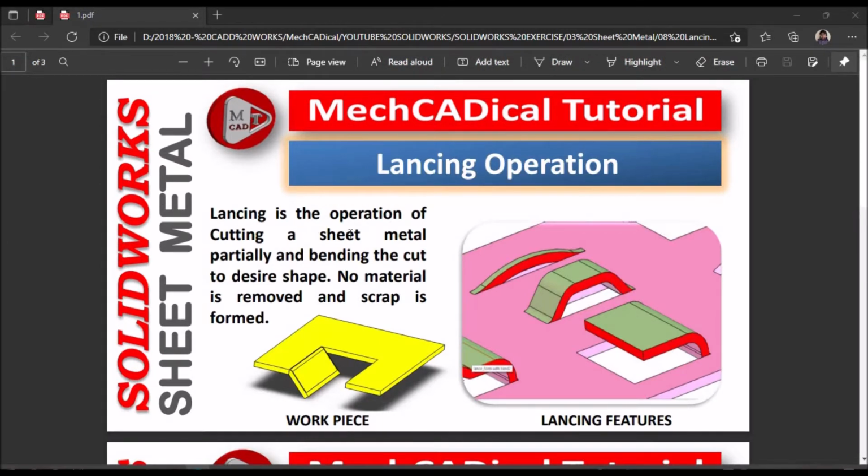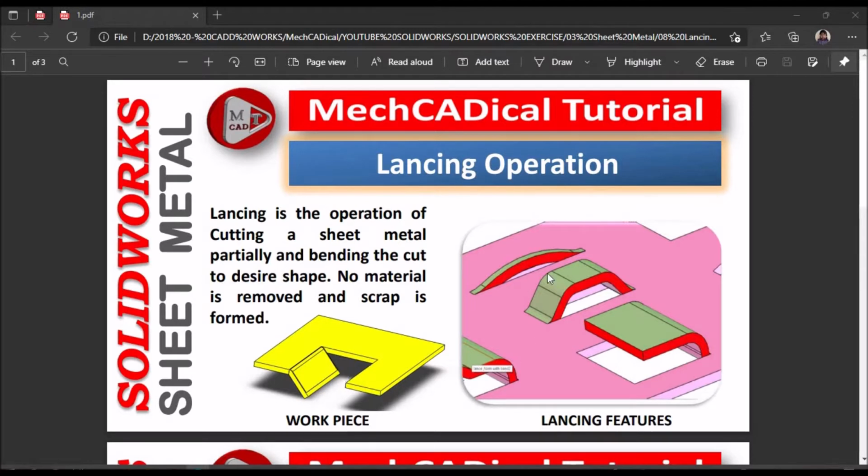Lancing is the operation of cutting a sheet metal partially and bending the cut to a desired shape. So here the workpiece is partially cut and the other part is bent into the desired shape. Here there is no removal of material and there is no scrap formed.